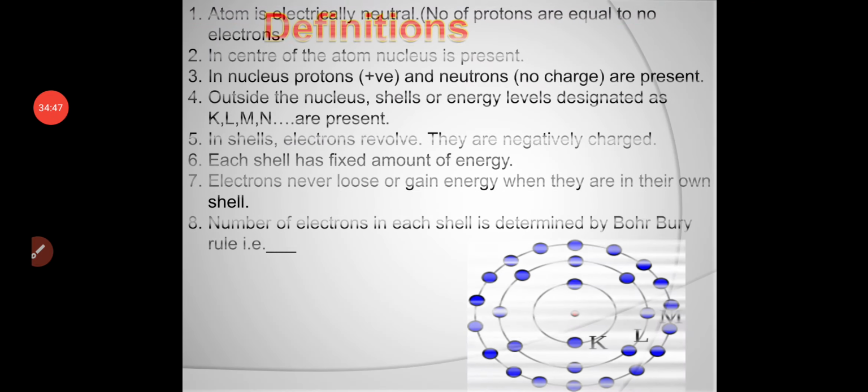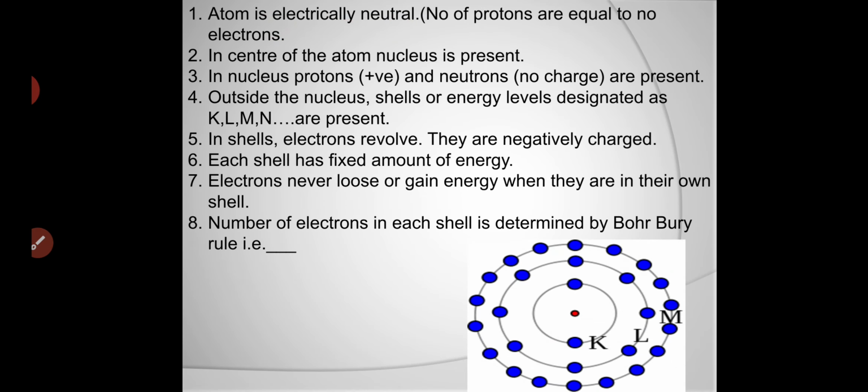Now next. So all these are the scientists who gave us the theories and helped us get the structure of the atom. At last, Sir Bohr gave us the model of the atom, right? This is the model of the atom, and he told us how the shells are arranged, how electrons are arranged, how the nucleus is present, and why the electrons do not fall and collide with the nucleus. So all of this was cleared by Bohr.